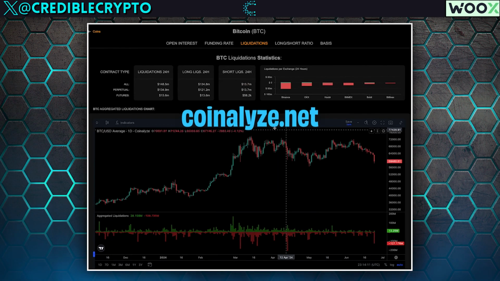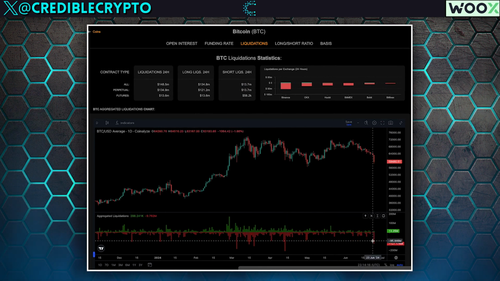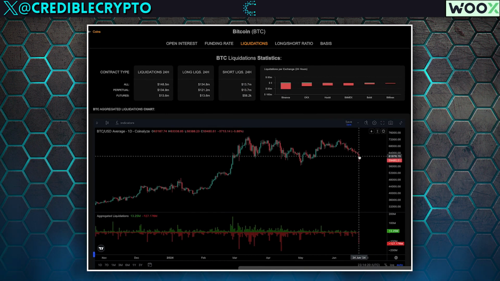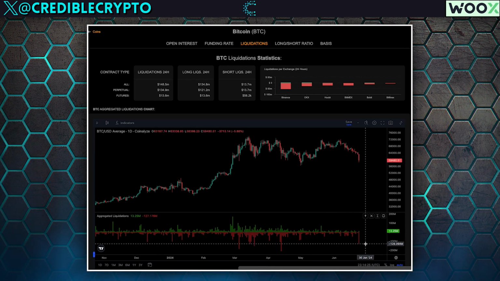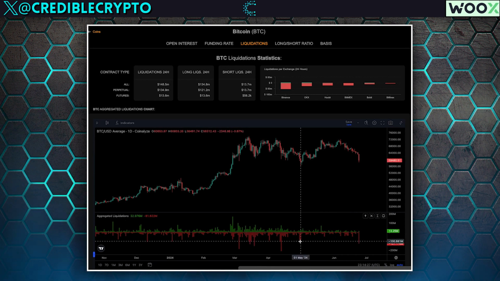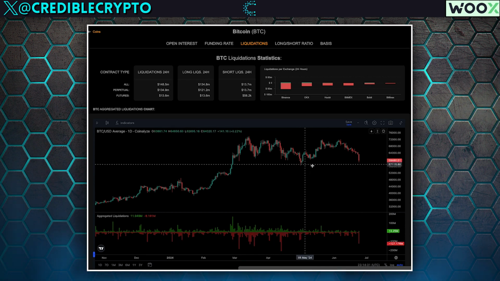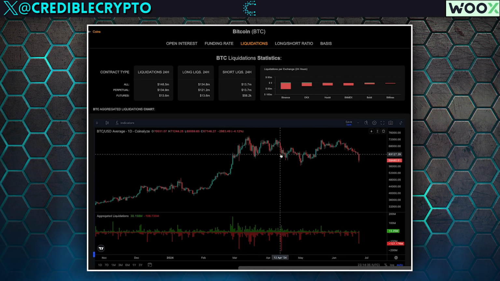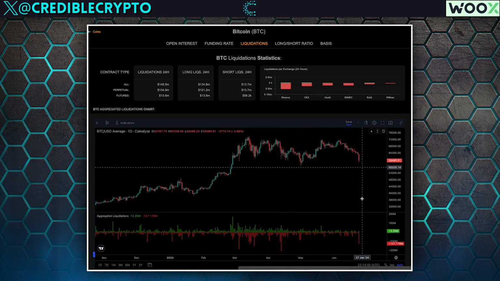So this is a chart that shows us our liquidations, right? And the red bars are long liquidations, the green bars are short liquidations. And we can see that currently in today's daily candle, the long liquidations that we've got have actually been more significant, a greater amount of long liquidations than we saw here at our 58K bottom, almost reaching levels of liquidations that we saw here at our 63K lows. Basically, a very significant amount of liquidations have already occurred at this point.